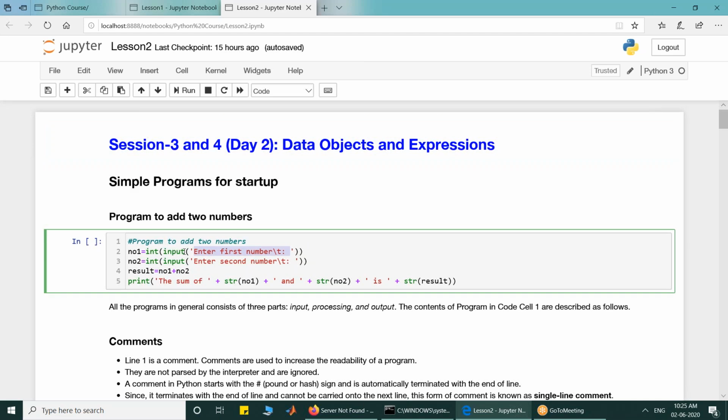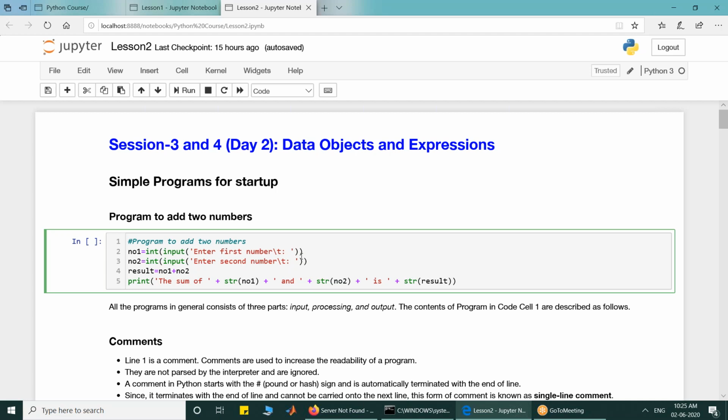We can get input with the help of the input function, and the string that I want to give to the user for prompt purposes is to be given as a parameter to input. So input, enter first number. So 'enter first number' will be displayed on the screen. It would be tab separated, and then the user will give the input.